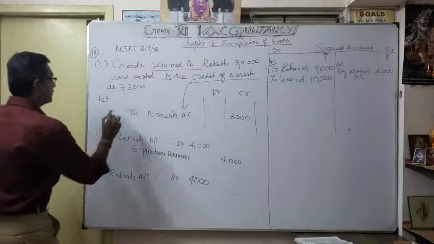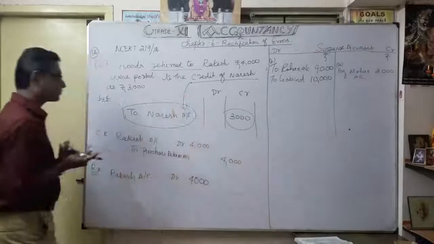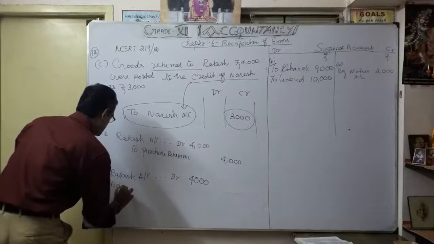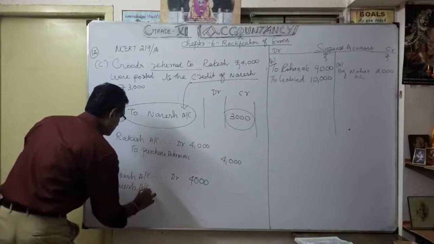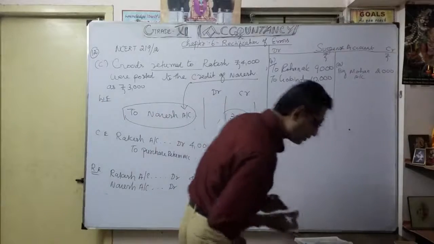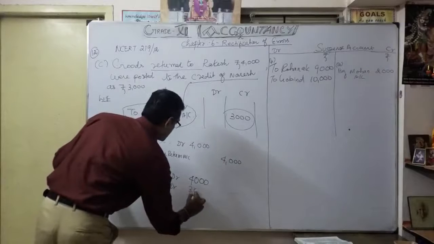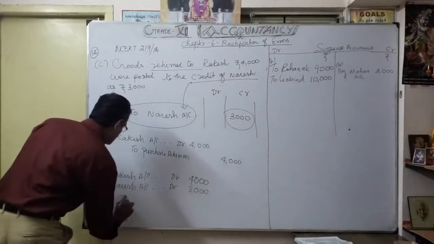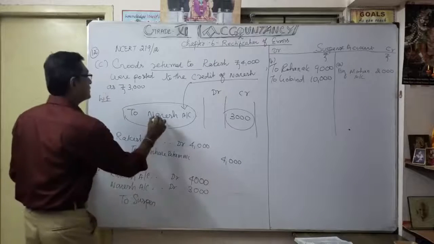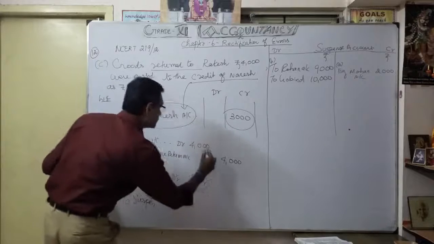Okay. Now I want to remove this Naresh account and this one. Okay. Totally. So entire Naresh account. I want to maintain what? Entire Naresh account. Entirely I am going to make it debit 3,000. Okay, so what I am going to do? Credit. Credit is what? To suspense account. So one side error, no? So this is the one side error, isn't it? So that's what I totally debit. This is the right one. I am going to do that.